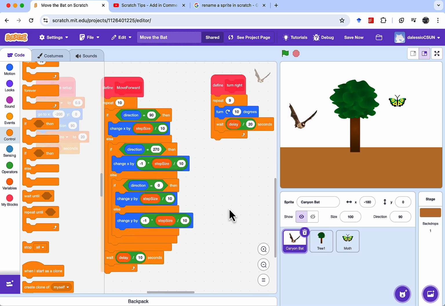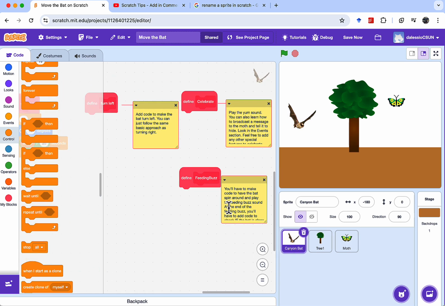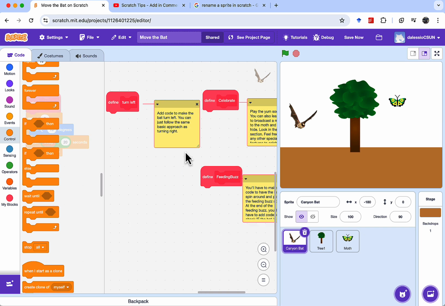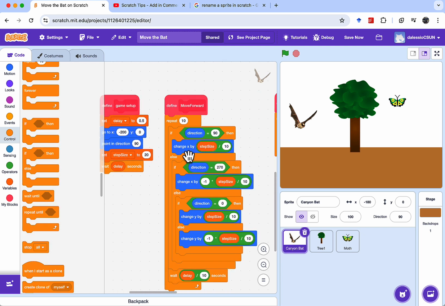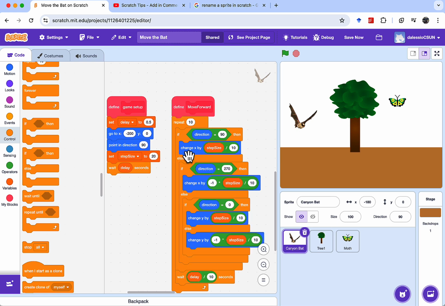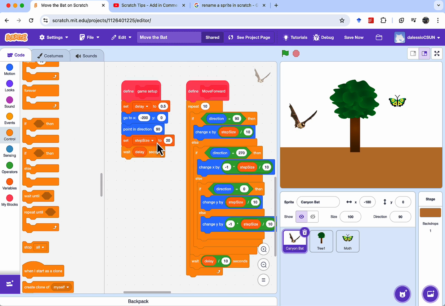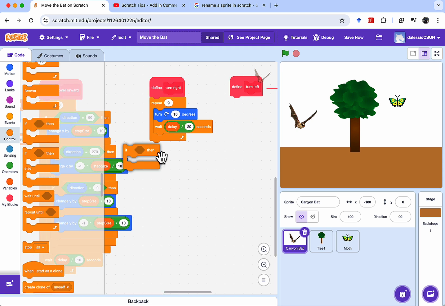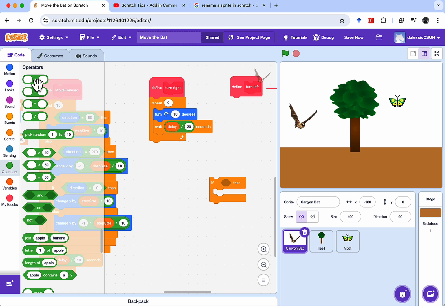So you need to make the bat, in the celebration script, figure out how to broadcast that message so that the moth will be able to receive it and disappear. Because it's got to get eaten, right? So that's the basic idea, there's these sequences of events that you're coding, and it's pretty easy. You just drag things over here, and if this is true, you can say if, you can put in greater than and less than operators, and I can say if